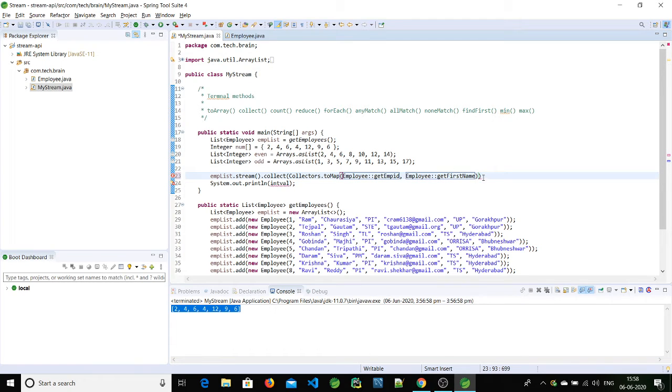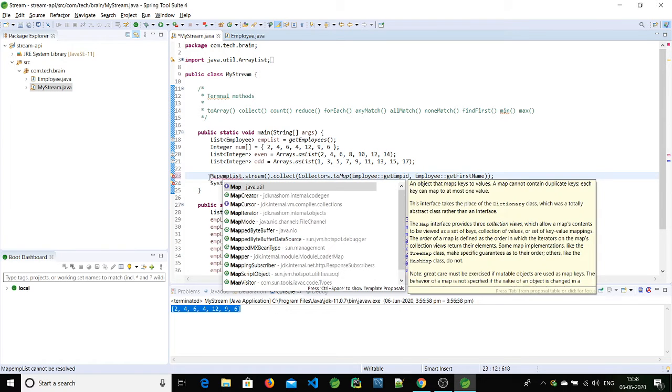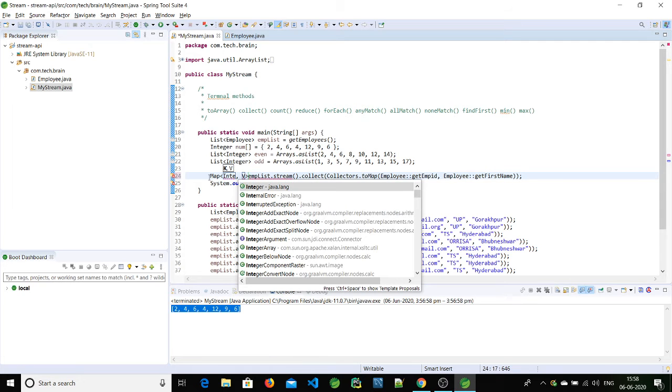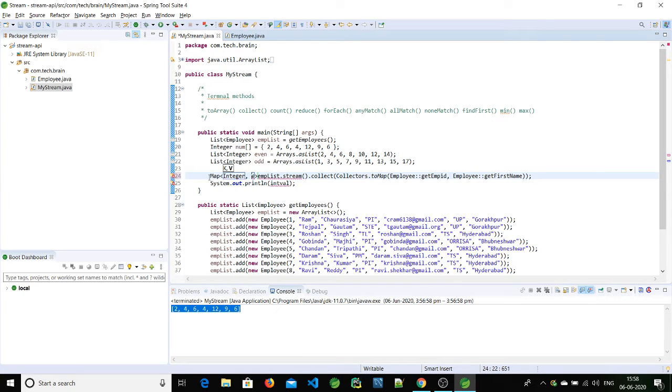So this will be the value for this. So I'm storing this in a map, and the first one is integer type, Integer. The second one is String type,